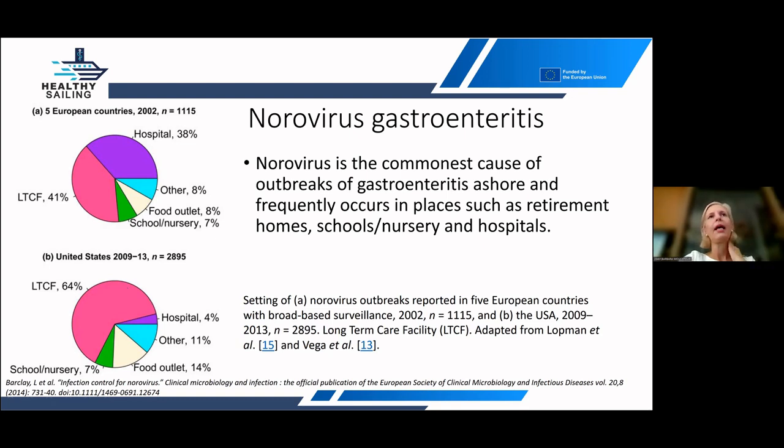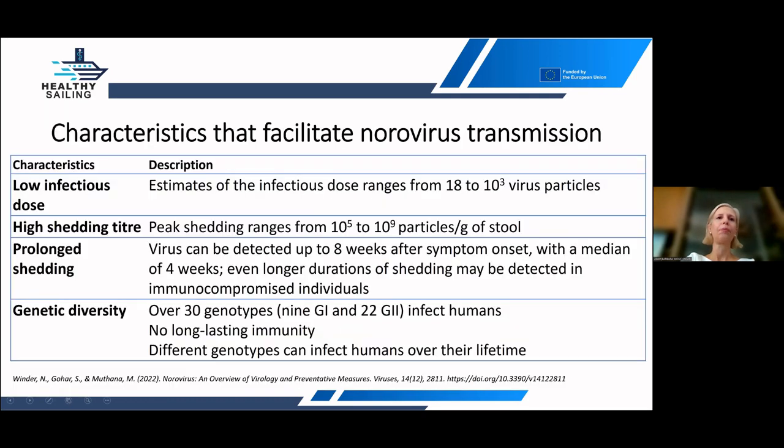But on cruise ships, the outbreaks receive media attention. That's why we have more published reports, and outbreaks on cruise ships are more often in the news compared to other facilities. Here we have some characteristics that facilitate norovirus transmission, and these can explain why it is very difficult to prevent and control, even if hygiene measures are